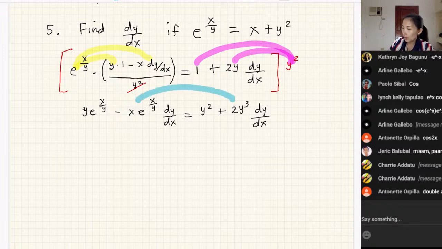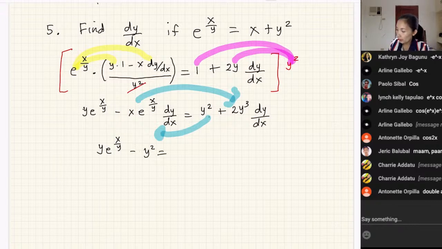So it will be y e raised to x over y and minus y squared. I'm going to move y squared to the opposite side, giving minus y squared is equal to